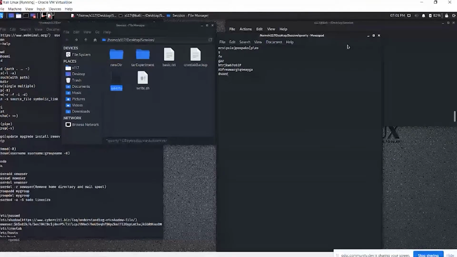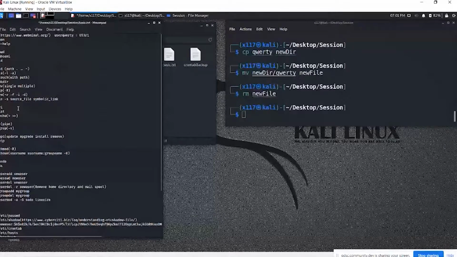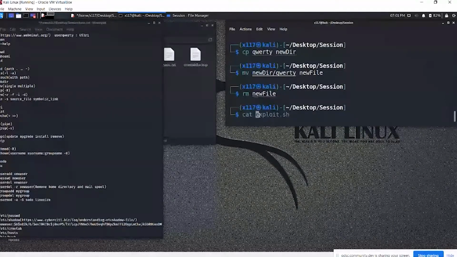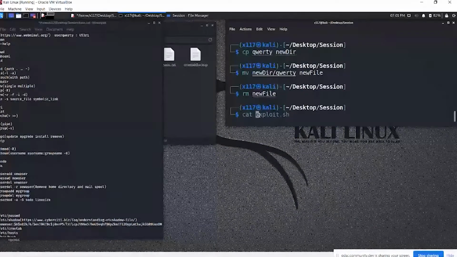So first of all, let's discuss what cat does. Cat simply concatenates all the files. You can use cat with one file only. It will basically read the file and display whatever the content of the file is, provided it can be read by that particular user. So what cat does is it reads the whole file and displays the content of the file